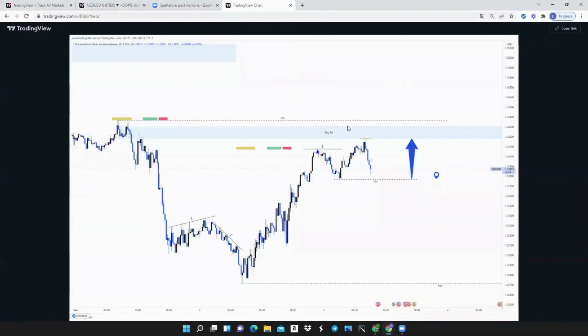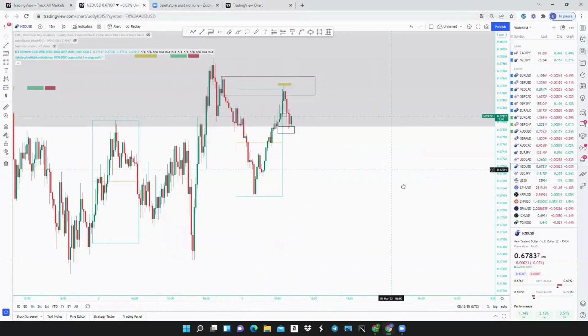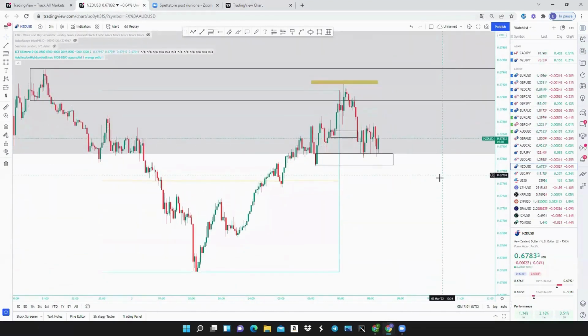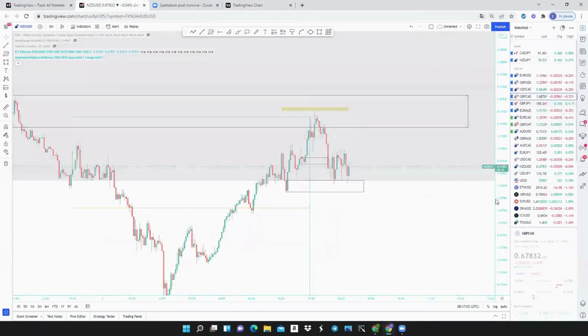What is this? GBP/USD. You're waiting for a breakout of structure. But then there is this arrow to the upside. What are you exactly looking at? Sells or buys? So here, as you can see, we're holding the zone. We will look at sells only after we break it. GBP/CAD, let's